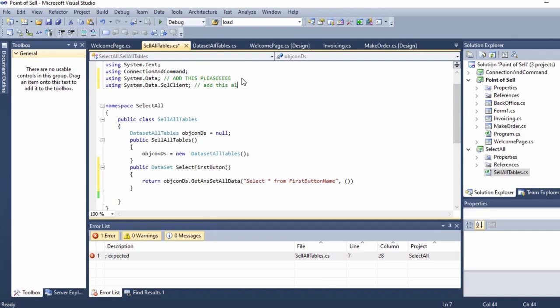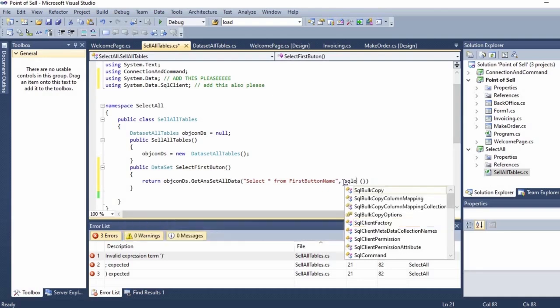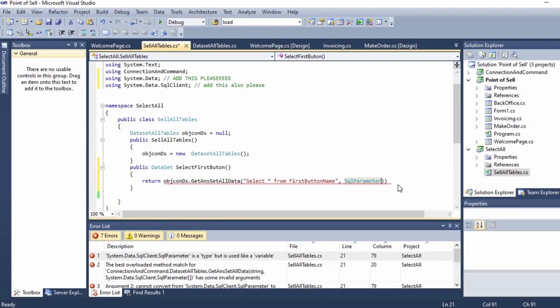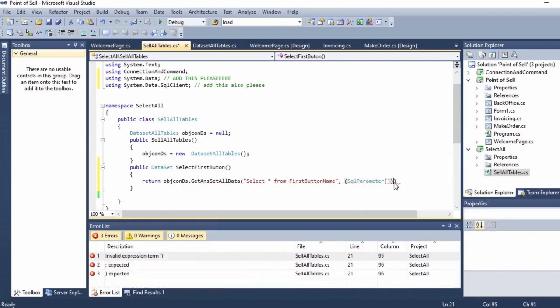Alright, then when I write SQL parameter, you see I can get it now. Good. Then